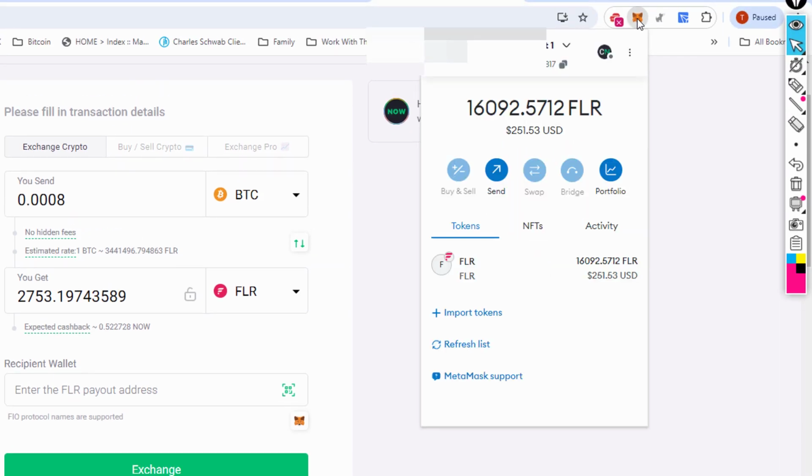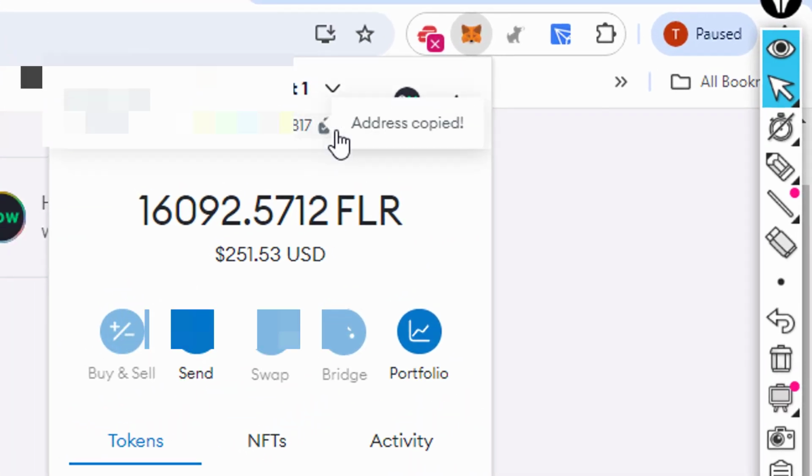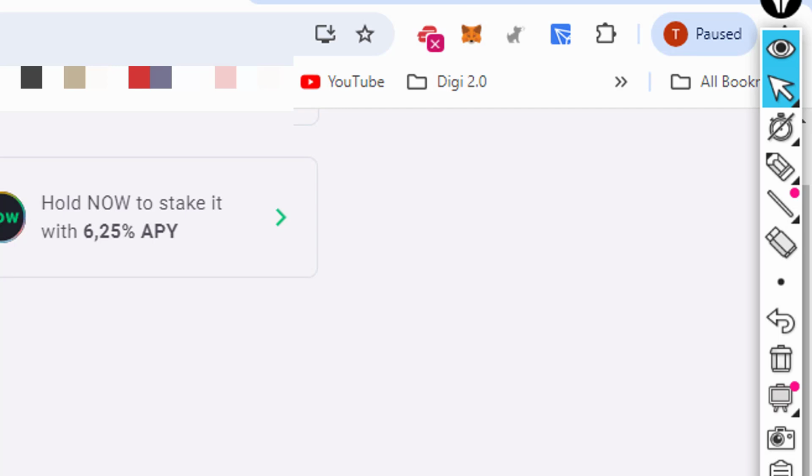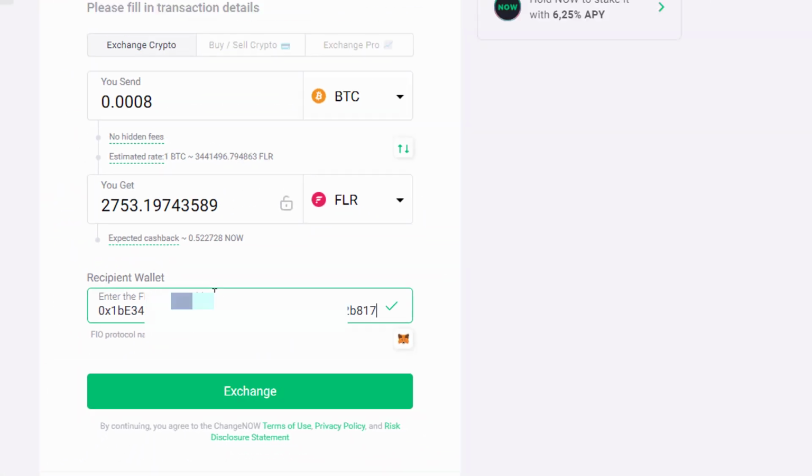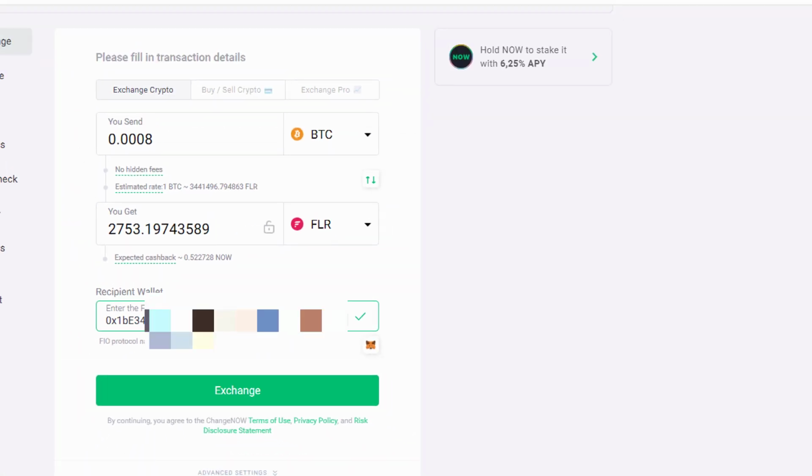Okay, that's what I came here for. All right, so my address is going to be up here. Now, I'm not going to show the entire address to protect myself, and I'm simply going to paste it there. Again, I won't show it all. I always check the first 4 or 5 digits on the front end and the first 4 or 5 digits on the back end, just to make sure that I pasted the right address.